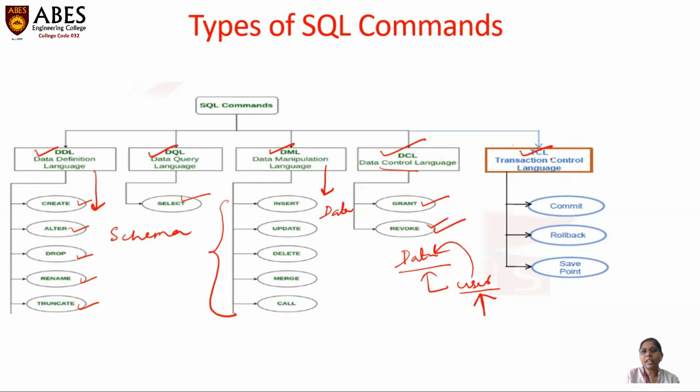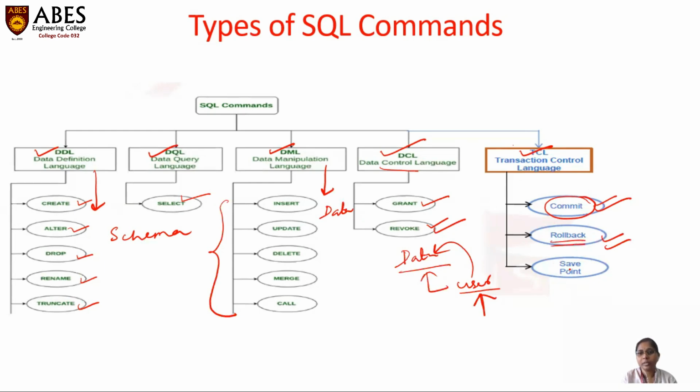Similarly, this transaction control language is basically used when we are going to perform certain transactional operation, like suppose we want to do some retrieval of data from the database, or certain updation on the database. There we can use transaction control languages, like either after the manipulation, we can save the state by using the statement called commit, or suppose we want to get back the original state after the manipulation, then we can use